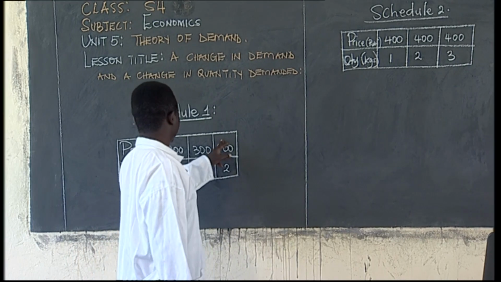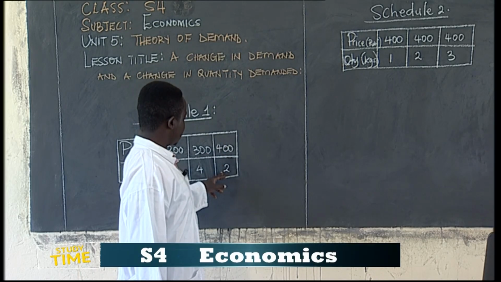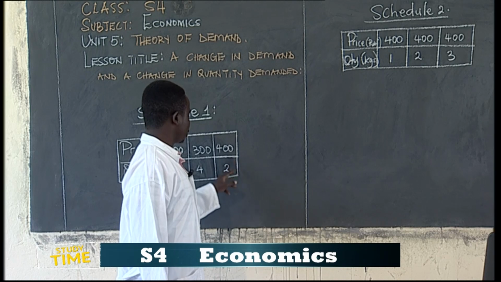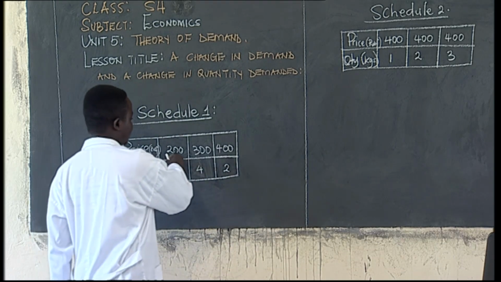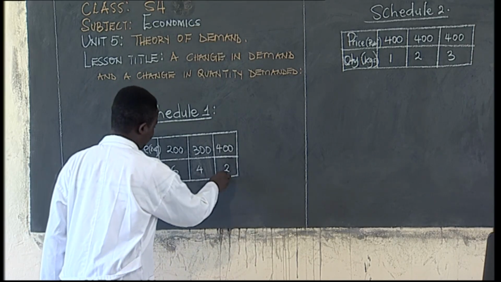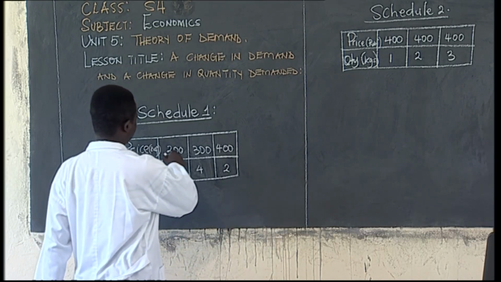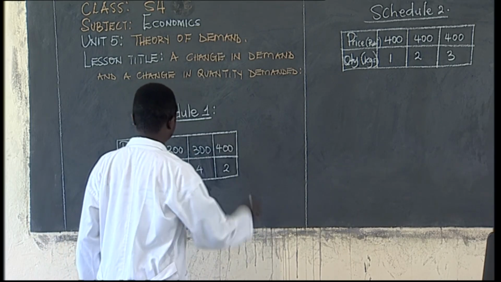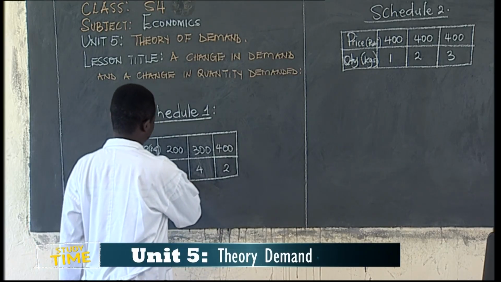And at 400 Rwandan francs, we have the quantity demanded reducing to 2 kilograms. So you can notice that here, prices are changing, and also quantity demanded is changing. As the price of this commodity is increasing, you can notice that there is a reduction in the quantity demanded